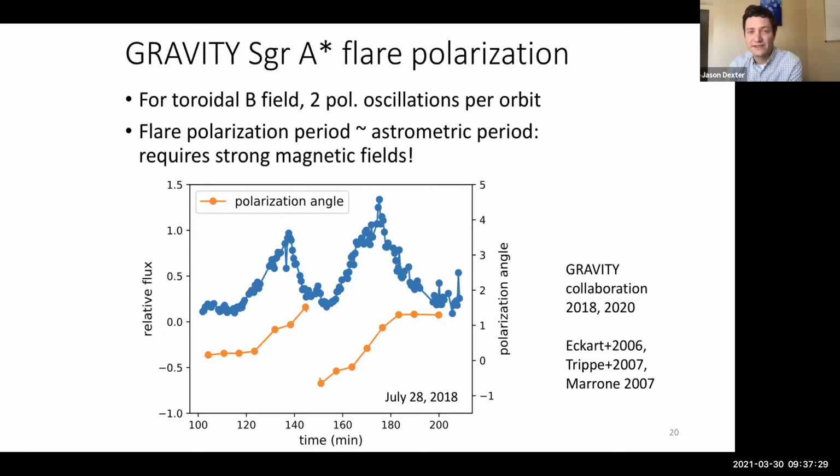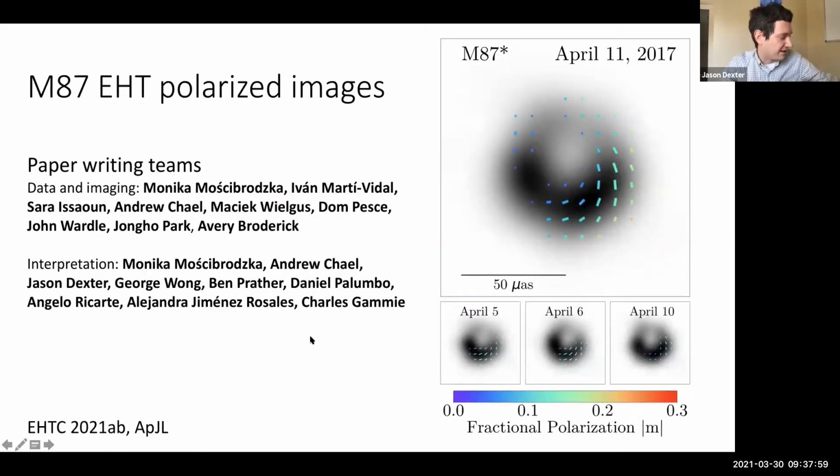Okay, and it turns out that to do that, we cannot have a purely toroidal field in this model. That would require some strong poloidal component, vertical or radial component, mixed with toroidal to get the observed pattern. So this at least implies that there may be dynamically important magnetic fields on horizon scales around the galactic center black hole. Okay, so last, but certainly not least for today, I want to talk about the new,